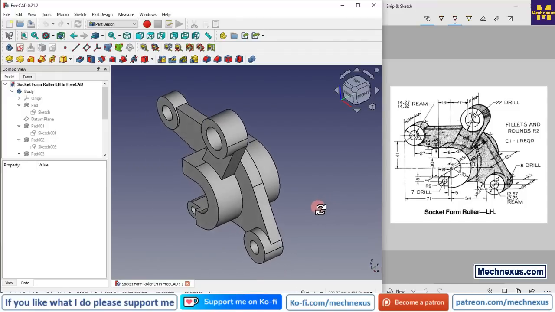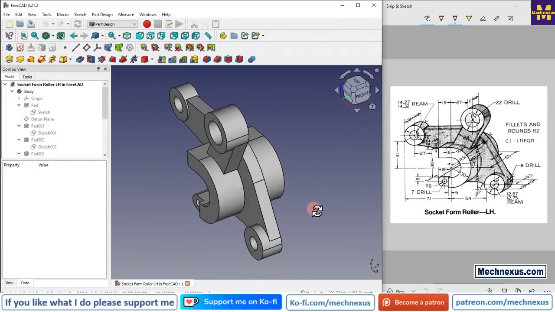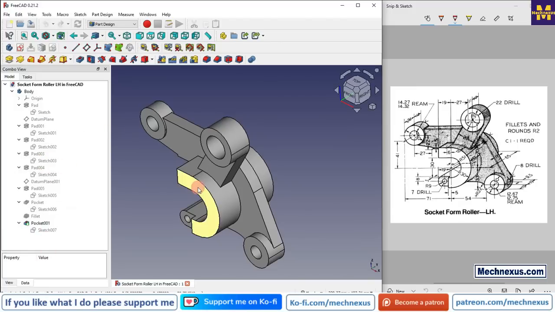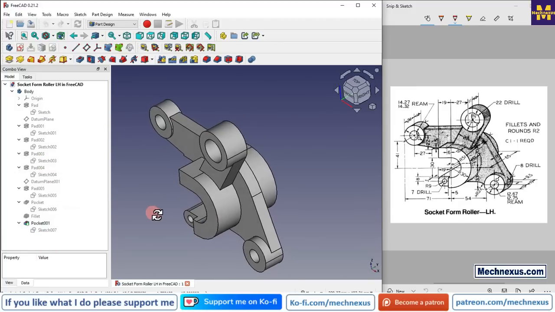Friends, welcome to the FreeCAD tutorial. In this tutorial we will model this socket form roller LH. You can see that I have already modeled it, and I will show you from scratch how you can model this